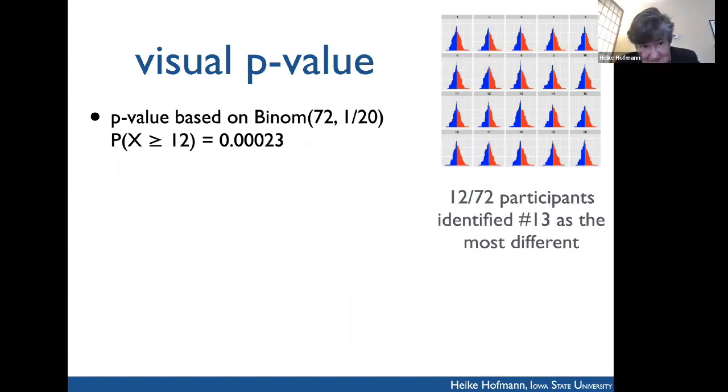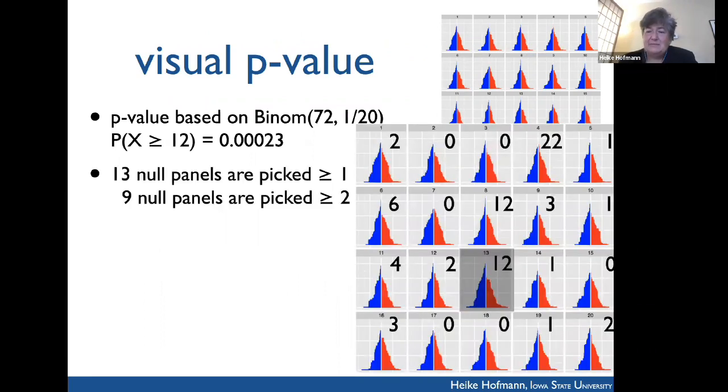Which means that we can now have a look at how many people picked certain plots in our lineup and use those numbers to estimate alpha. So in this case here, if we just look at the null panels, so that's just the light gray panels, and count, there's 13 null panels that were picked at least once, and 9 null panels were picked at least twice. So if we just use these 9 null panels